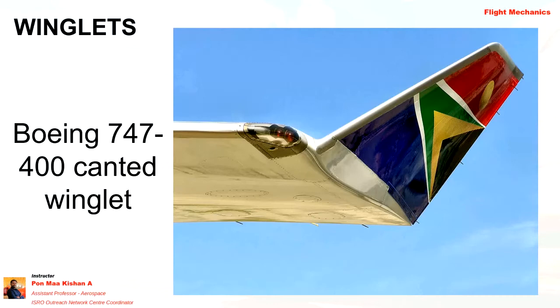Boeing has a canted winglet, so there are different types of winglets available. I am not going into that because the winglet concept is not much involved in this particular lecture. We are just focusing on how our drag polar is going to help calculate the wingtip and its performance. That's what we are going to see. Various types of winglets were discovered in the later part of 1985 and the 1990s.